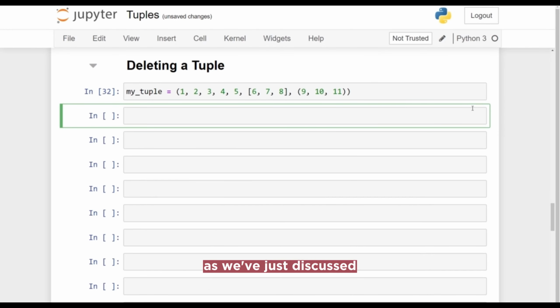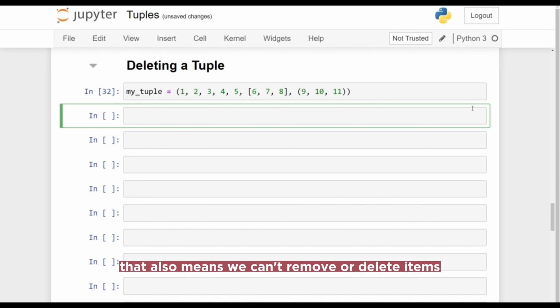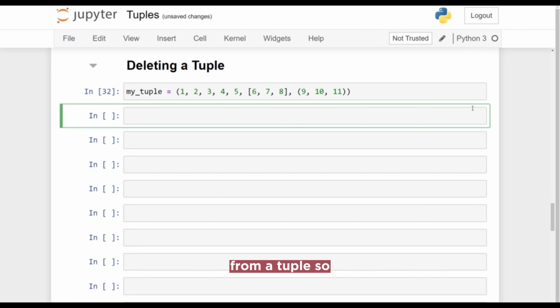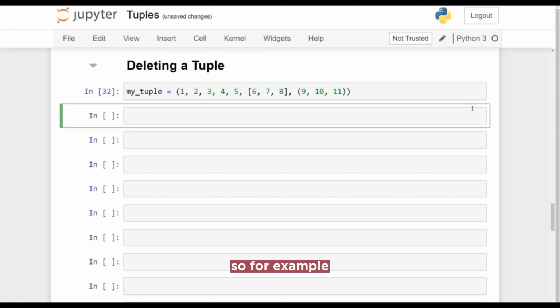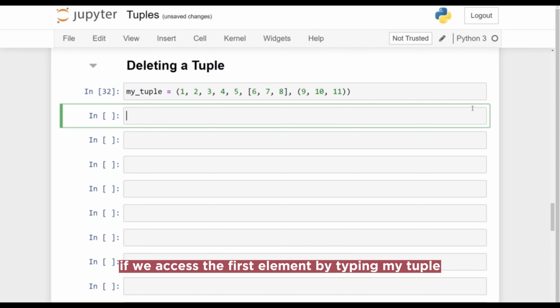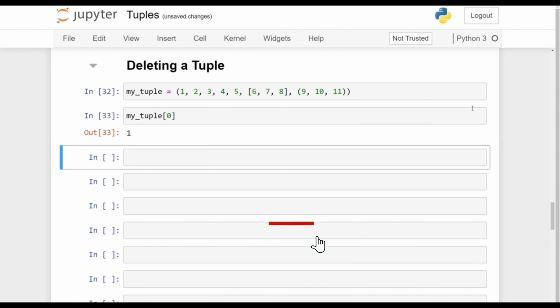As we've just discussed, we cannot change the elements in a tuple. That also means we can't remove or delete items from a tuple. So this video will be slightly shorter than all the rest. So for example, if we access the first element by typing my_tuple square brackets 0, and then putting the